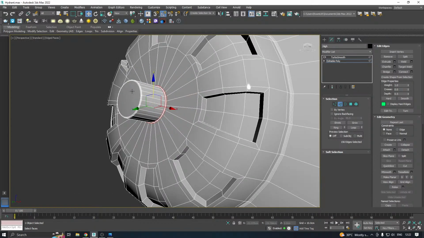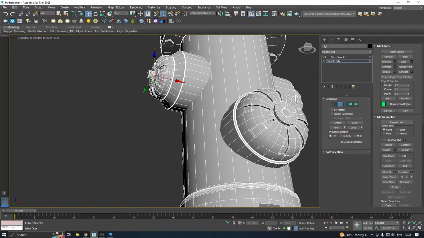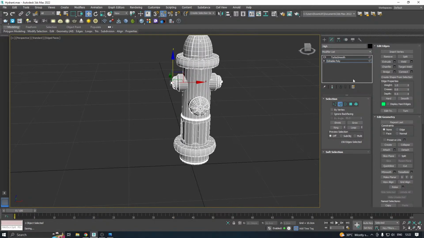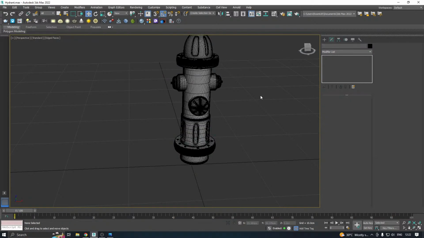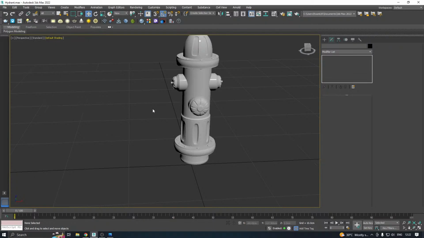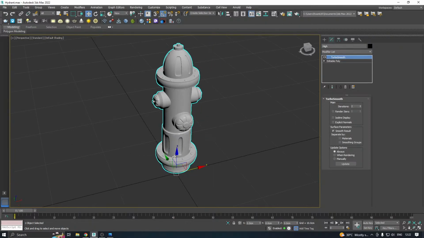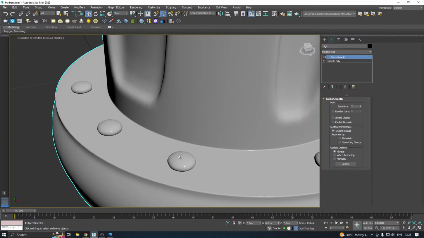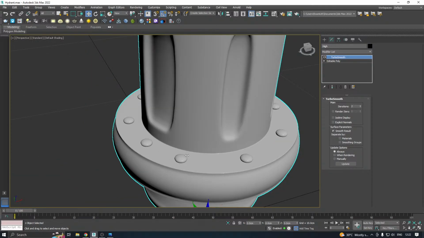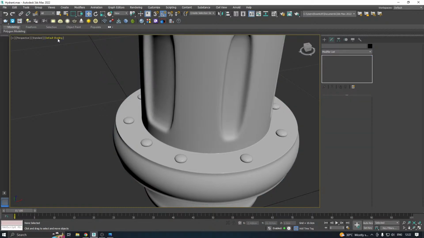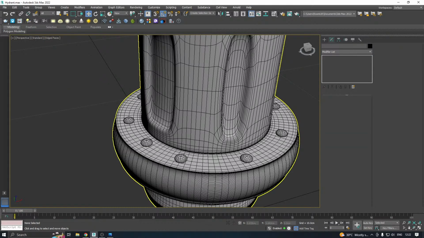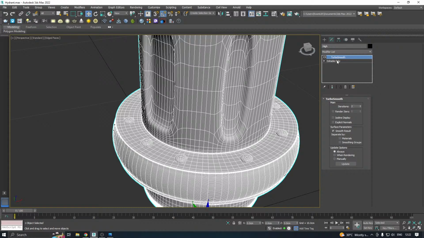Now we can export to Substance Painter. And paint the textures. Okay, we still need to hold these things